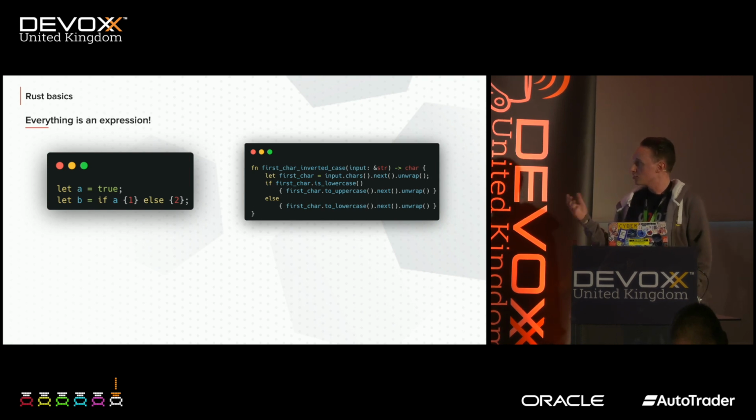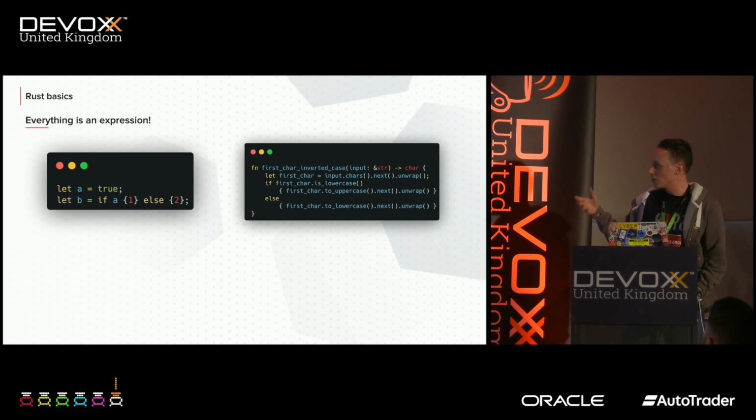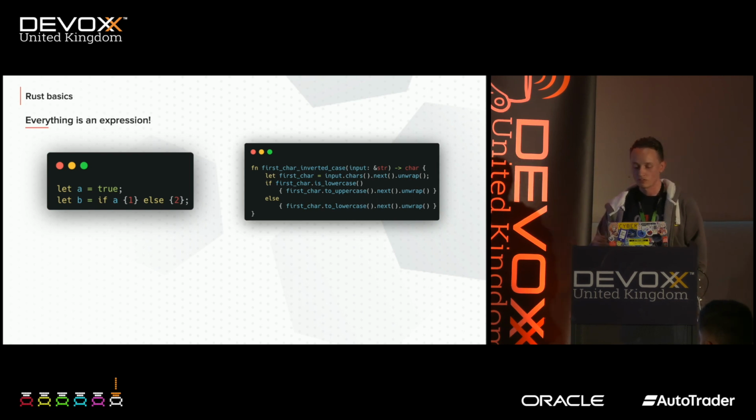We decide what the value of a block is based on the last expression inside the block. Whatever that last expression is will be the value of that block. In this case, we have an if expression, which is the last thing inside that function, and therefore the result of that function will be the result of this if expression. This is just a really neat thing about Rust. You can use a return keyword if you like, and there are some instances where you'd like to, but by and large, most people intuitively use this method for returning values.